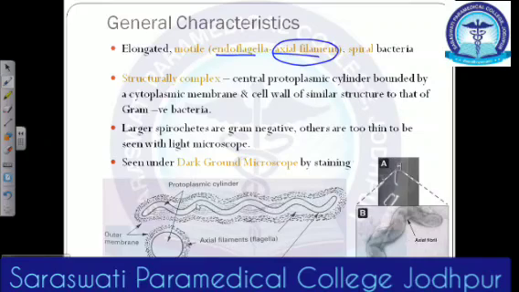Now this picture is telling you what kind of flagella we are talking about. Let's say this is the spiral body. Inside it we have the cytoplasm, and outside this we have, you can see, the protoplasmic cylinder, and outside it we have the cell membrane. In the middle we have a very thin peptidoglycan layer throughout, right? And outside we can see the outer membrane.